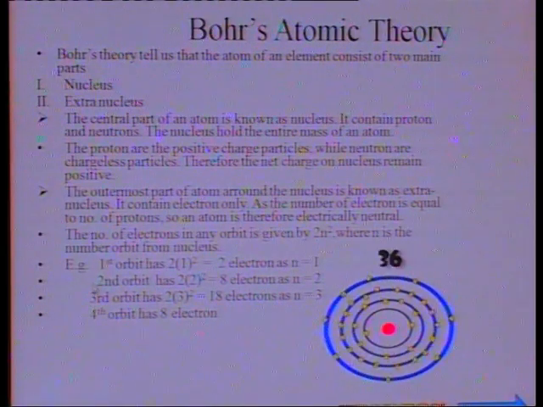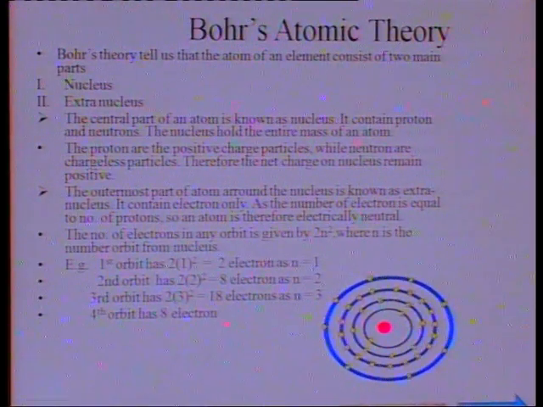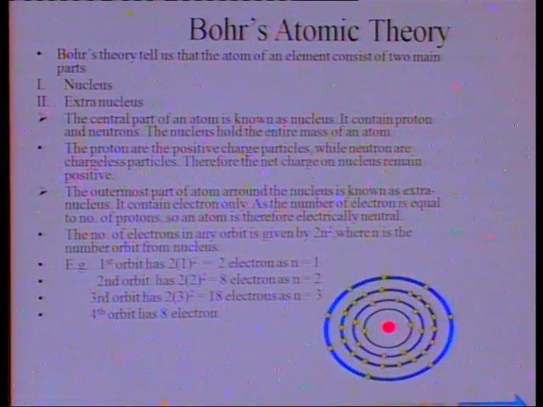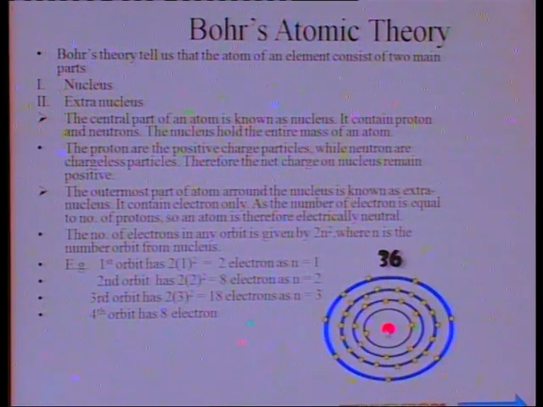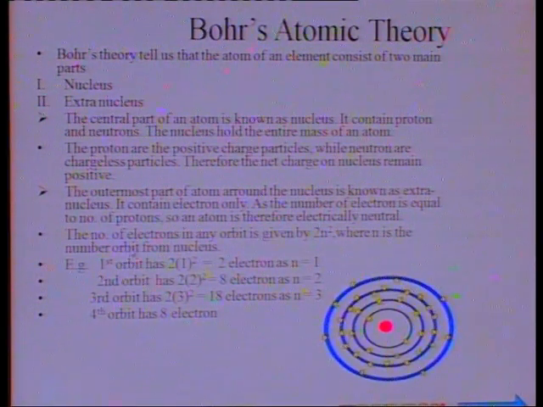The center part of an atom is known as nucleus. It contains proton and neutrons. The nucleus holds the entire mass of an atom. The protons are the positive charge particles while the neutrons are chargeless particles. Therefore, the net charge on the nucleus remain positive. So, center part is called nucleus and it contains protons and neutrons. Protons are positive charge particles and neutrons are neutral particles. So, net charge on this nucleus is positive. And next is the